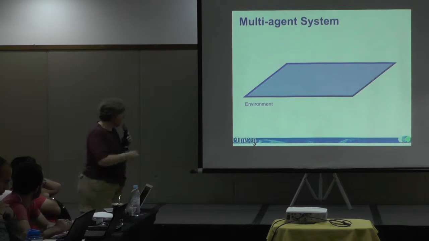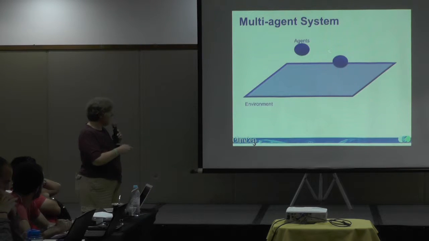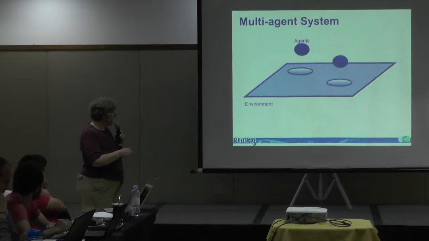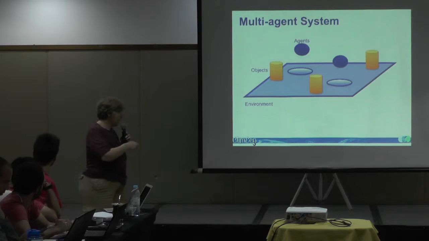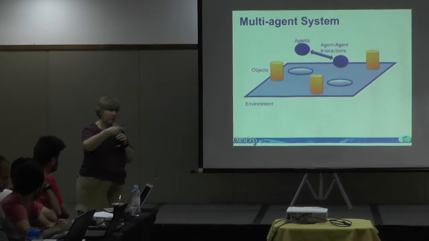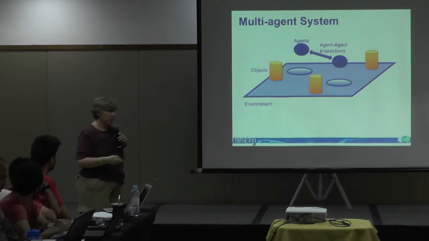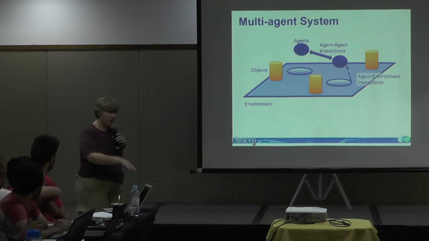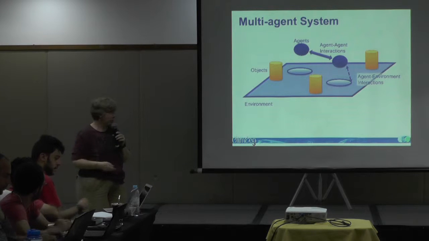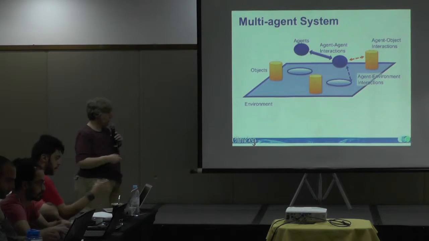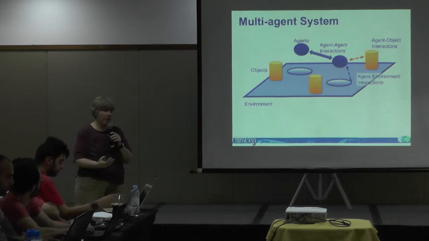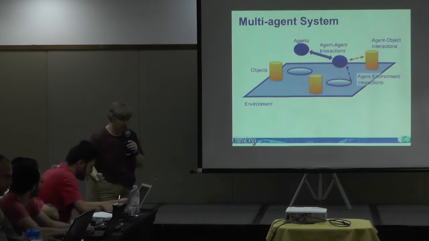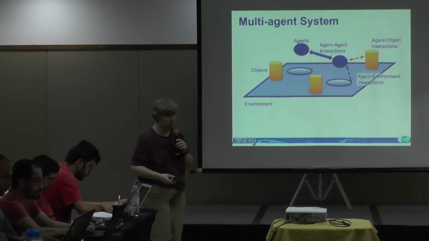So the way that it works is there's an environment, there's the agents that live in that environment, there's features of the environment that they like or don't like, and then there's objects as well in that system that they respond to. So you can have agent-agent interactions with each other, you can have agent-environment interactions where they're looking at whether the environment's suitable or desirable. And you can also have agent-object interactions, where it's some feature of the world that they live in that's not inherently a part of the natural environment, but it's something else that they respond to.